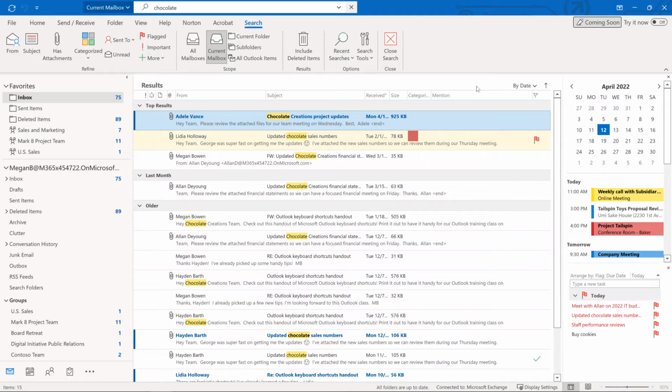Now, some other keyboard shortcuts that will be helpful for you in Outlook. Control N is the way to create a new item in your current view. In this case, since I'm in my email, my inbox, that would give me